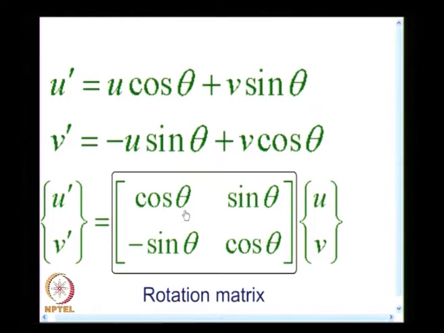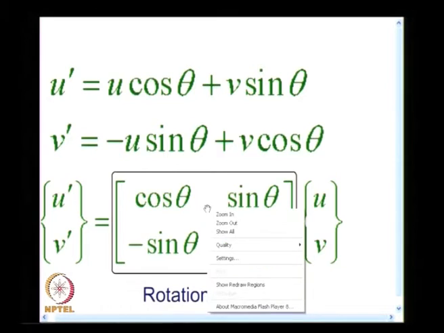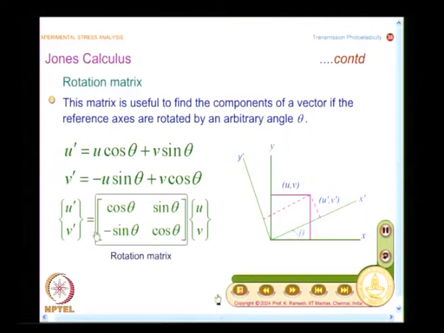In our development we define theta as the orientation of the slow axis with respect to the horizontal. One can also develop with respect to the fast axis, one can also develop with respect to the slow axis. We will consistently define theta as the orientation of the slow axis with the horizontal. We need to have a sort of convention. We use this type of convention for all our mathematical development. So, now you have the rotation matrix.